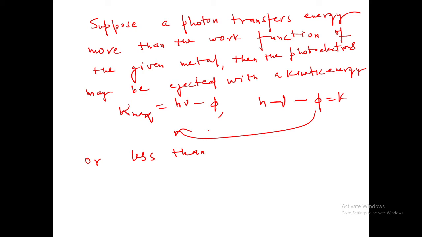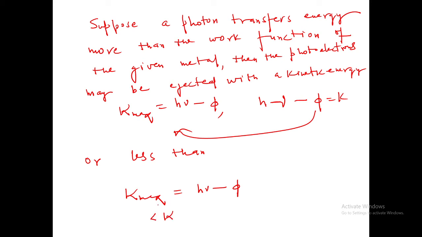An electron on the surface only has a probability of being emitted with kinetic energy Kmax equal to h nu minus phi, and so the kinetic energy of ejected photoelectrons may have any value